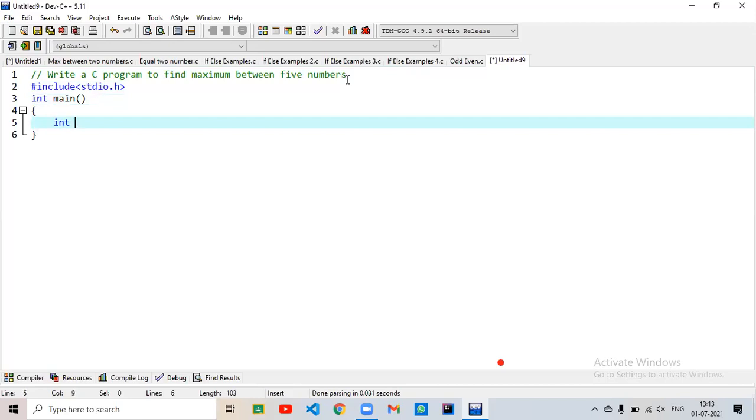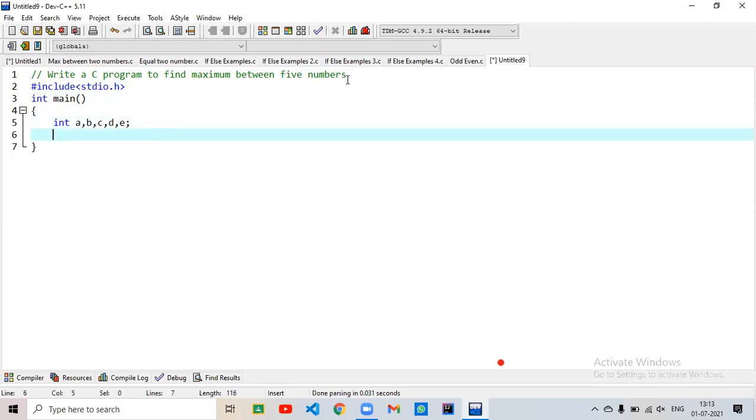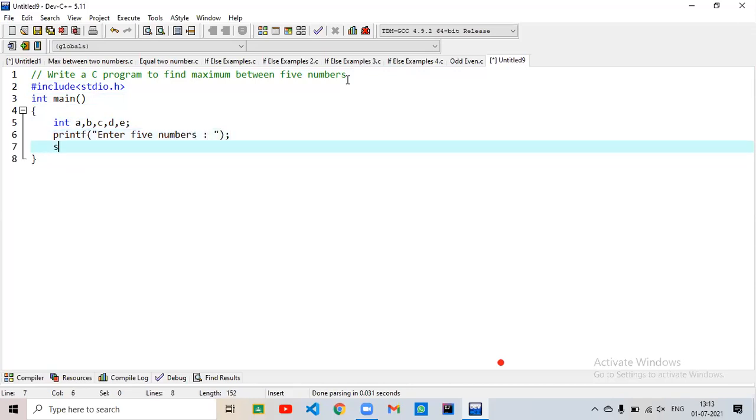So first take the input, 5 numbers. So A, B, C, D, E. Now take input, printf enter 5 numbers, scanf %d %d %d %d %d.